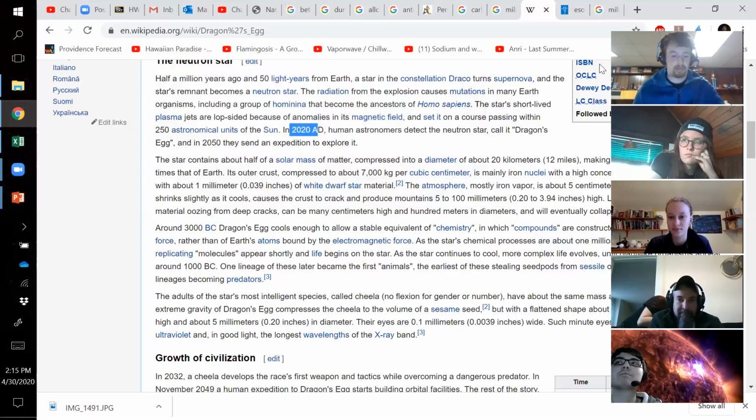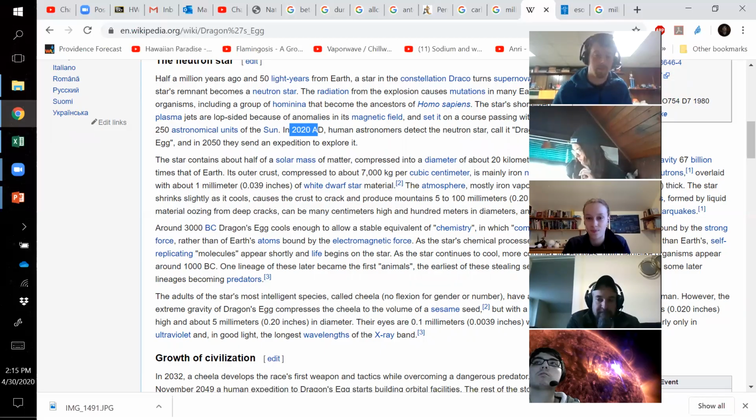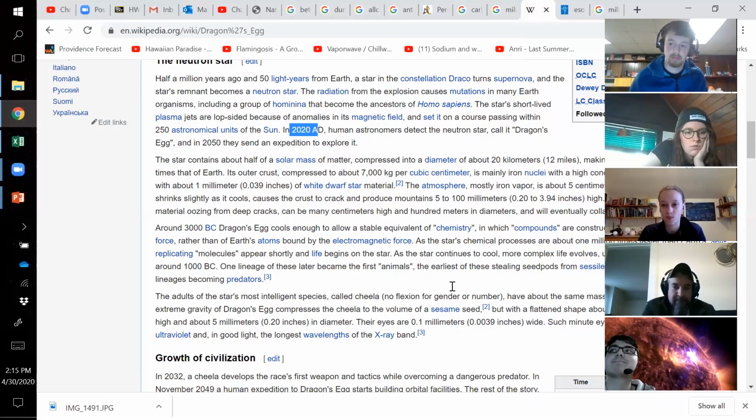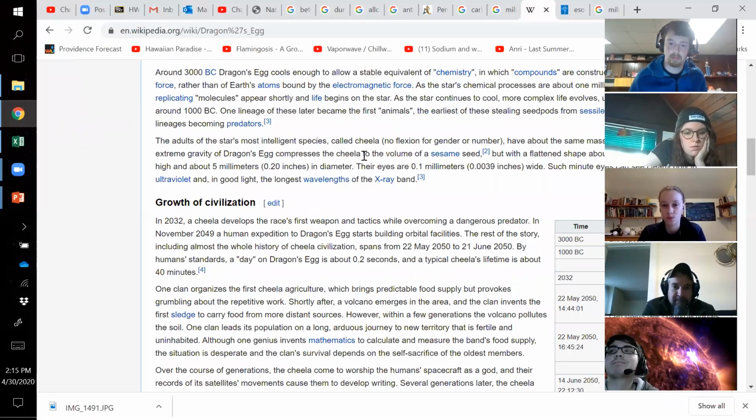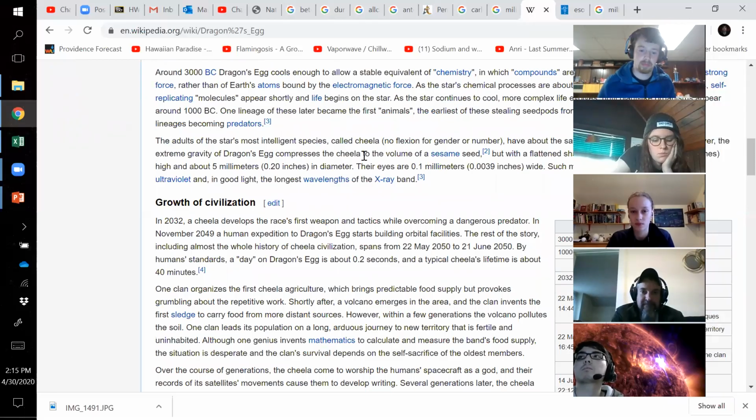in a state where they're basically at a Genghis Khan state of civilization, living on the surface of a neutron star crust, and they're herding neutron crystals around. Their eyes are 1/10 of a millimeter wide. When the humans first travel to the Dragon's Egg, they decide that they want to contact these barbarian Chila who are in a primitive state of development. So the humans beam a message to the Chila, saying, "Hello, Chila, we are Earthmen, we're here to visit you." Now, unfortunately, the gravitational time dilation causes the signal to take